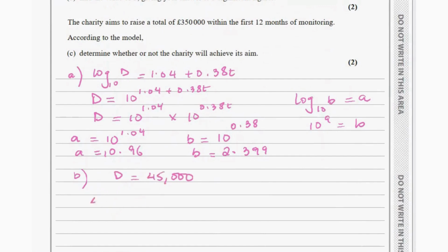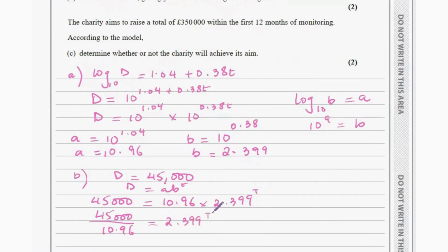So our equation is going to be 45,000 equals 10.96, because it's D equals A times B to the power of T, times 2.399 to the power of T. So 45,000 divided by 10.96 equals